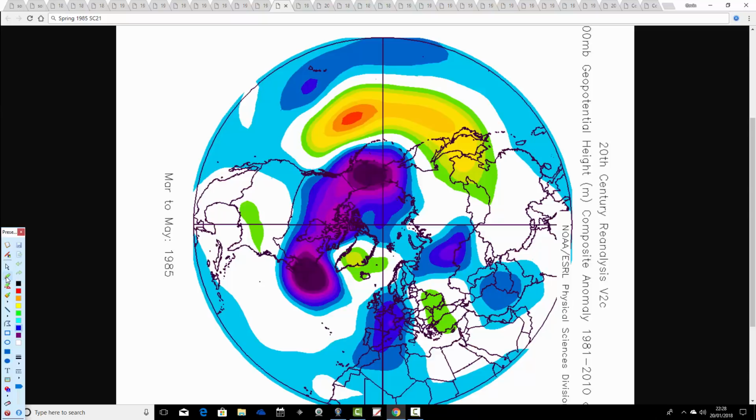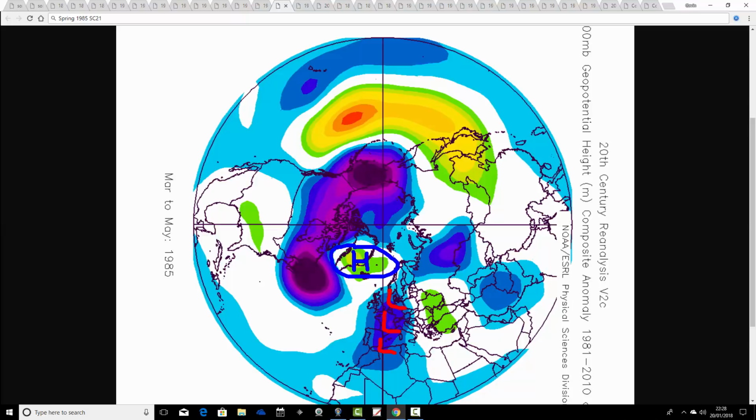1985 comes up next. This is following that very cold winter of 1985. This one shows that the blocking pattern that we had during the winter of 84-85 does continue to some degree during the spring. But it is a weaker signal, and actually it's a very unsettled spring in 1985